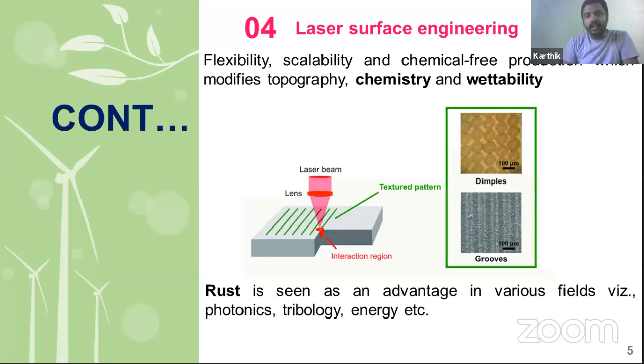Next one is how to fabricate these electrocatalysts. There are various strategies available to fabricate the electrocatalyst. Among these, laser surface engineering finds extensive application due to its flexibility, scalability, and chemical-free processing, through which it modifies the topography, chemistry, and wettability of the base